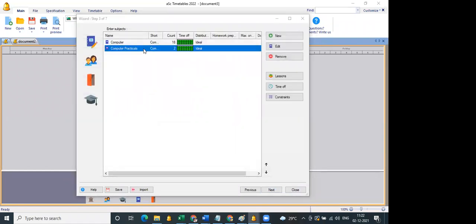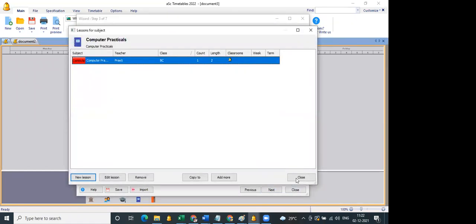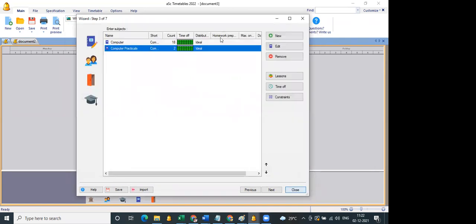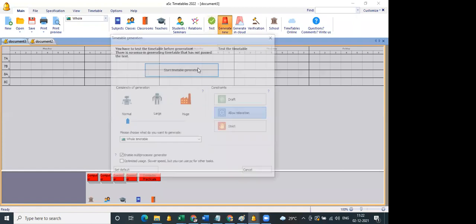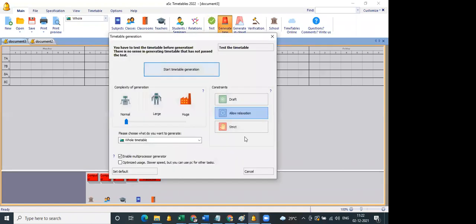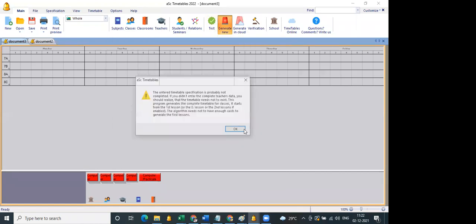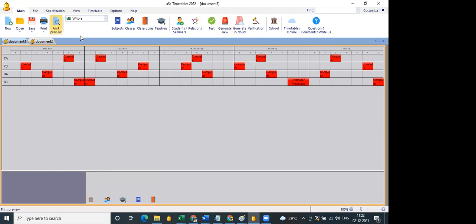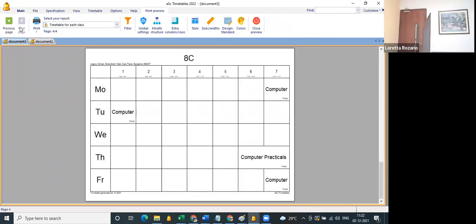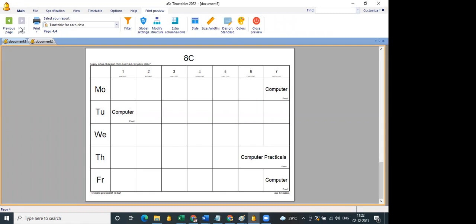So you see computer practical, it will tell you it's a double period. And when I generate it, 2 periods will be blocked. That is for class 8C here. So on 3 days of the week, there will be one single period, and on another day, it will be a double period.